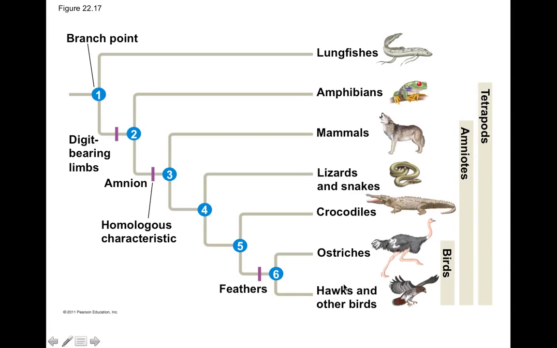All birds are related to reptiles like crocodiles and lizards and snakes. We share homologous characteristics. In the case of birds, they share the homologous characteristic of feathers. That's one thing that makes a bird a bird. Having hard-shelled eggs makes a bird a bird. Having a beak without teeth makes a bird a bird. But birds share certain characteristics with other organisms like crocodiles and lizards and snakes, and yes, mammals such as yourself